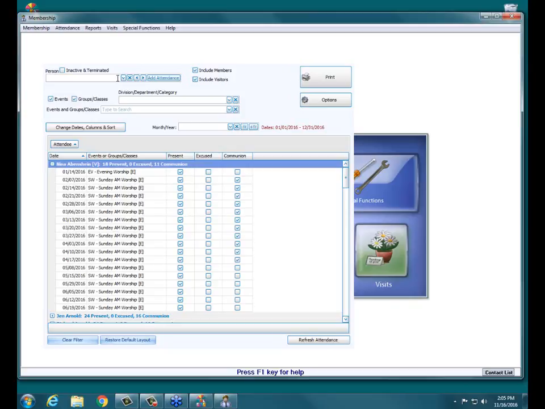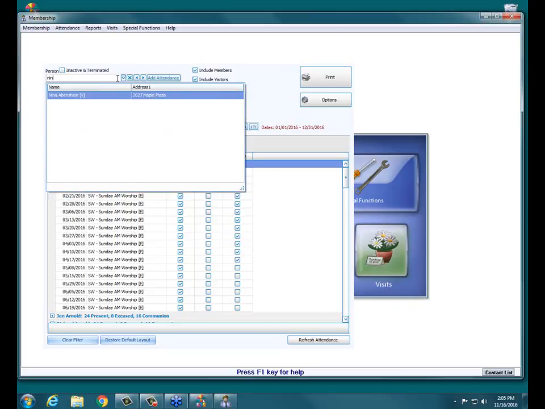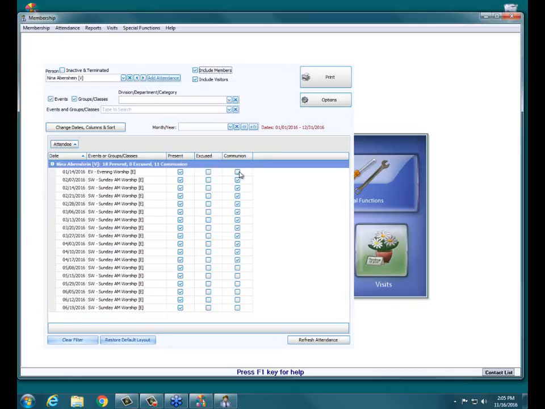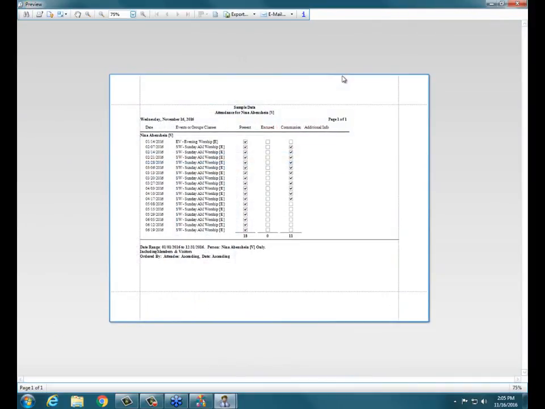If you want to print out an attendance for just one person, you have to make sure you type that person's name up here in the top left. So I'll just do Nina again, and then if I click print, that's how you bring this up. Then you click print, and since Nina's was the only name in the grid, hers is the only one on the